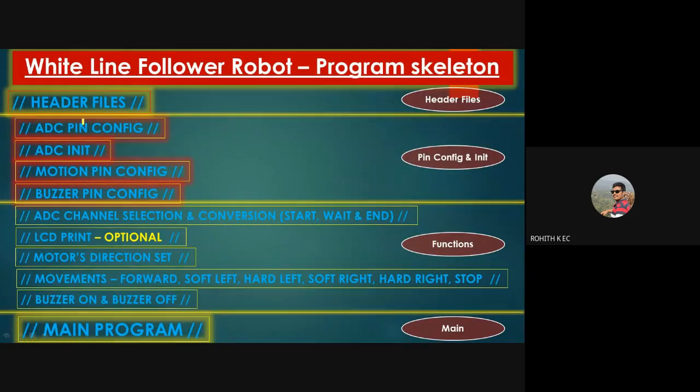Yesterday Chetan sir has beautifully explained the ADC program, so that will be combined here. Earlier to that, Praveen sir has explained the motion control, and on the second day Sharat sir had explained buzzer control, pin configuration and its functions. So I'm basically combining all those things along with the 4 sensors, 3 white line sensors and a proximity sensor. Okay, so the program might look big, but if you go in a systematic way, it will become very easy.